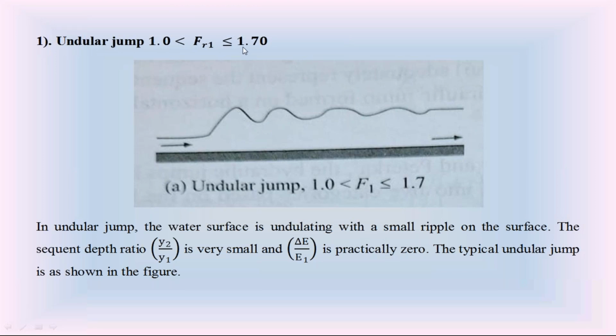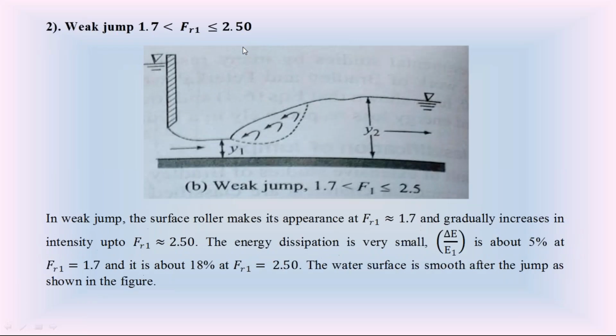The second type of hydraulic jump is the weak hydraulic jump. Just below the sluice gate, when a small quantity of water is released from the sluice gate, there is a rise in the water level in the canal. This is the weak hydraulic jump formed in the open channel.